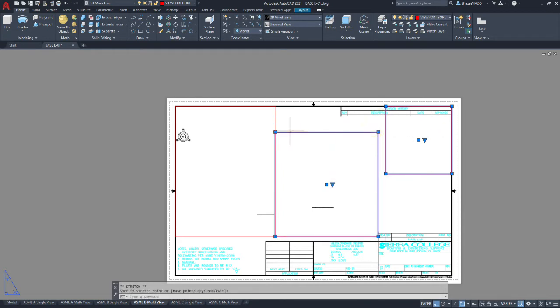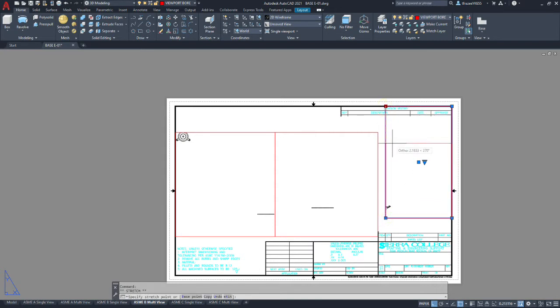I'm going to go ahead and make these short enough that we can't place our view where the revision block is going to be. Alright, and then we move our boundaries for our isometric. So for the purpose of this drawing, our isometric is going to be probably a different scale and much smaller.